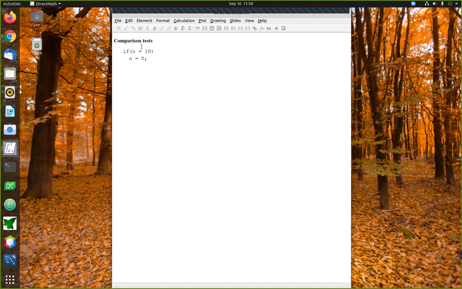Now, that's probably not what you meant in the first place. What you really meant was you wanted to ask, is n equal to 10? If so, I'm going to set it equal to 0. What we ended up with instead is a situation that sets n equal to 0 no matter what's happening with n. N will always get set equal to 0 in this case, which is an error. So to make a long story short, when you are comparing values with each other, make sure to use the double equal when you're checking to ask whether two values are the same.